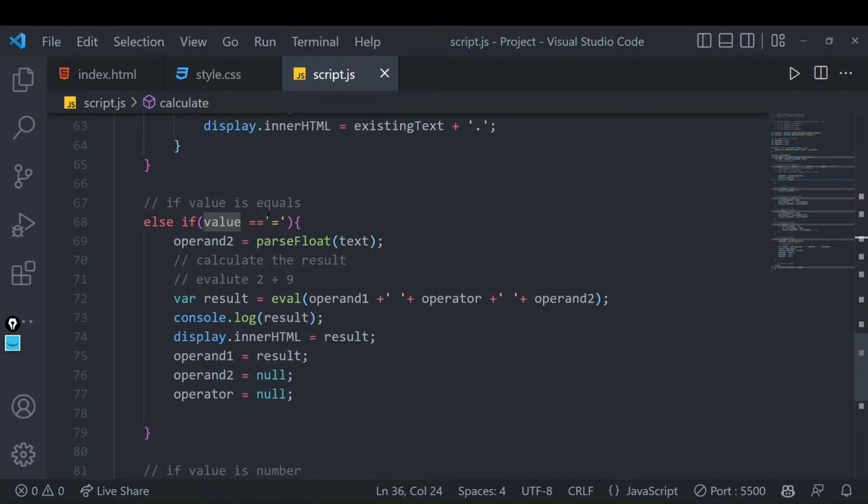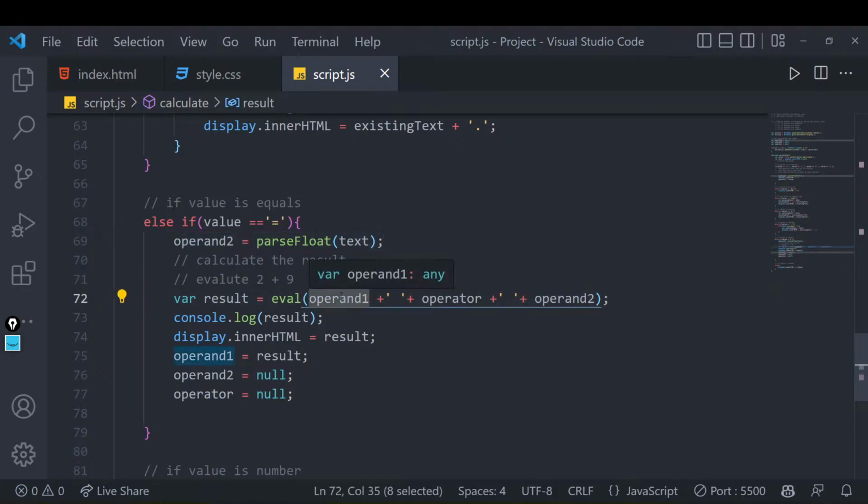Because if I'm pressing 10 plus, then operand 1 is taken, operator is also taken. If I'm pressing 1, 0, 9, 0, 8, 7, something, until I hit equals, that does not mean I have entered my second operand. So as soon as I hit equals to, we'll say, okay, now finally we can read operand 2, take that value from here, and run this operator from here.